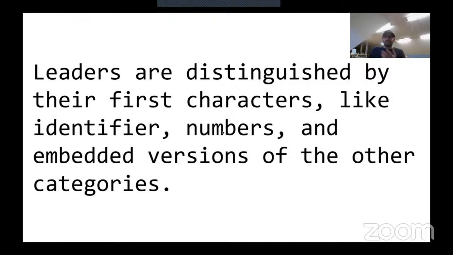There are characters, like individual characters which start with something like #/. And then there are embedded versions of all the other categories. So for instance, if you start with a parenthesis, it's going to open up a group, and a bracket is going to open up a line. I don't want to get into all the details here. You can look at the proposal for this, but basically the idea is that leaders are sort of like the